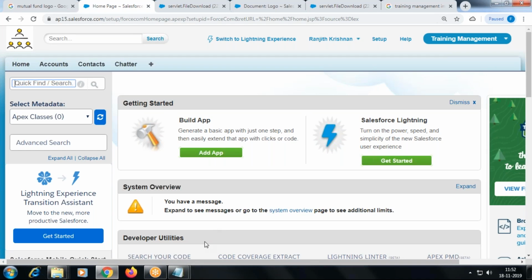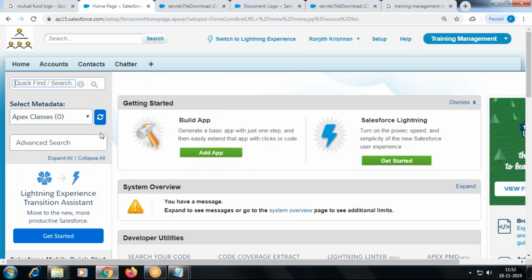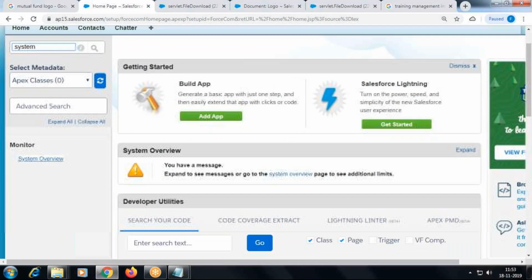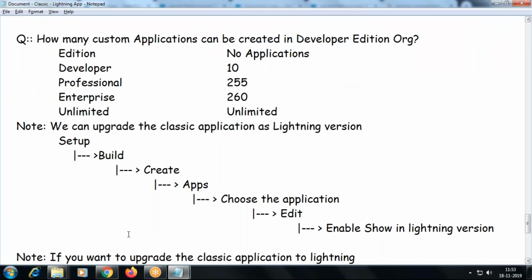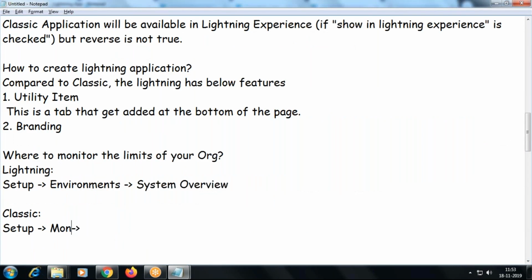We're going to start with the first application. The next thing we're going to see is the tabs and all, object, tab and all. So it's under Monitor, not under your Administer, because we're monitoring something, right?